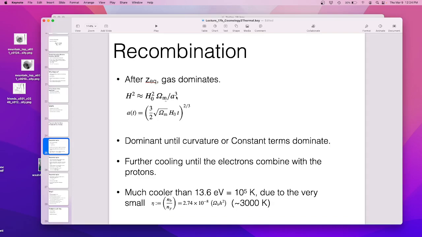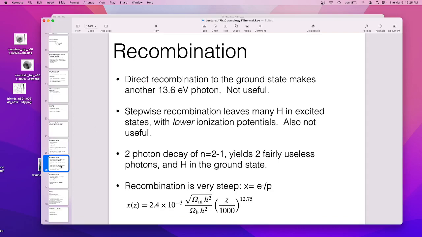So after matter-radiation equality, things just kind of cool for 1,000 years, and we get little fluctuations. There's little ripples, but they're not very big. Those ripples matter. But eventually, the electrons recombine with protons, and by recombine, I mean just combine, because they've never been combined in